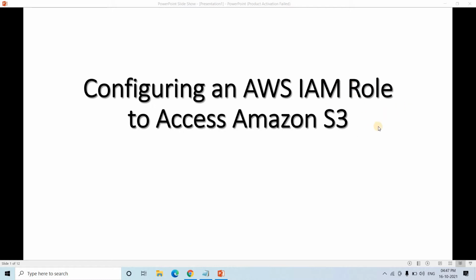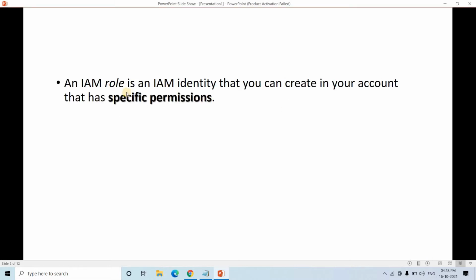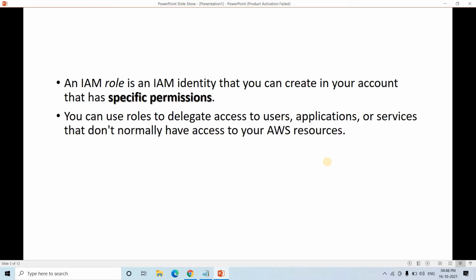Okay, so regarding this IAM role, we have already seen many use cases in our earlier projects. Just let me give you a quick recap. So what is an IAM role? An IAM role is an IAM identity that you can create in your account that has specific permissions. Okay, you can use those roles to delegate access to users or applications or services that don't normally have access